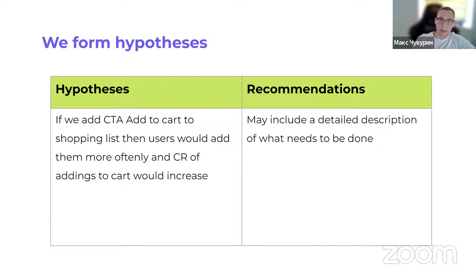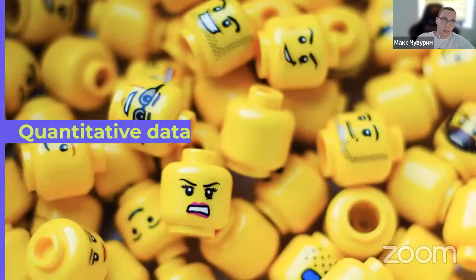So this is our detailed description of what the hypothesis should include, perhaps with a short prototype or some visual examples from best practice. The example could be taken from visual references, so that you can not just discuss the text hypothesis with your team or client, but also see the concept and appearance of what can be implemented and discuss the final visual result. That could also be helpful.